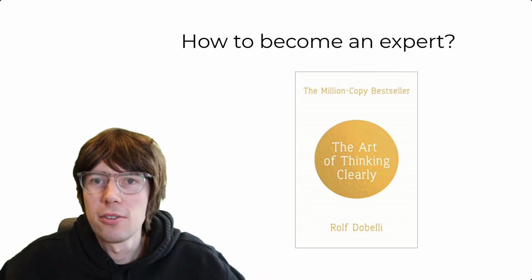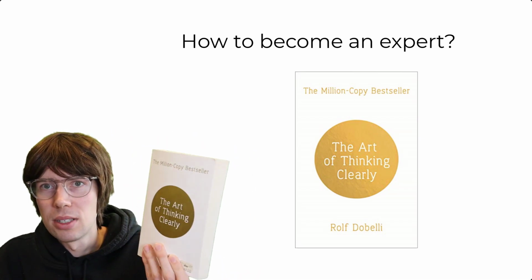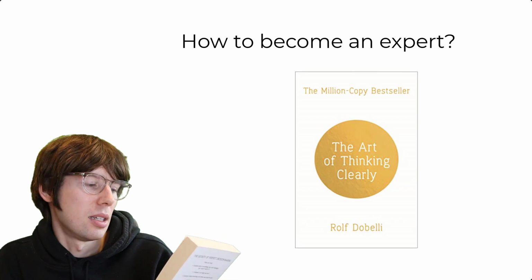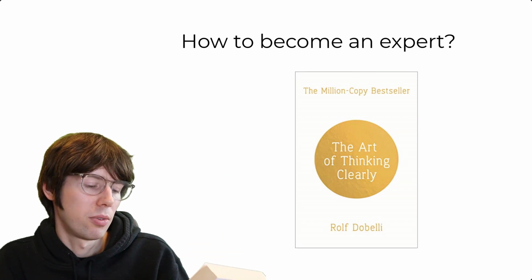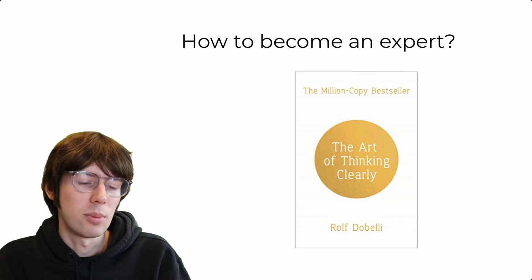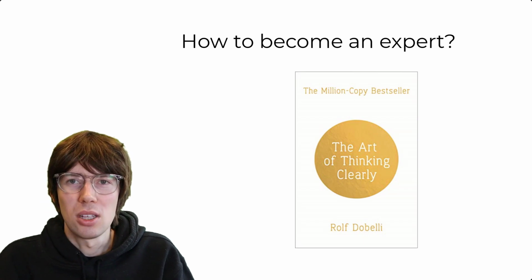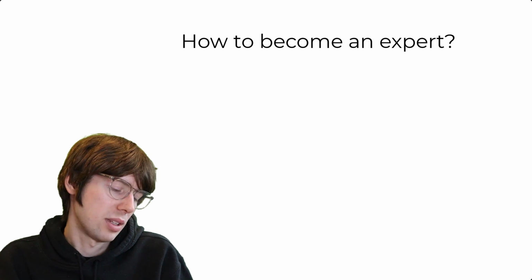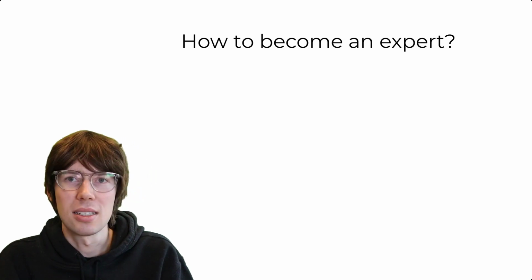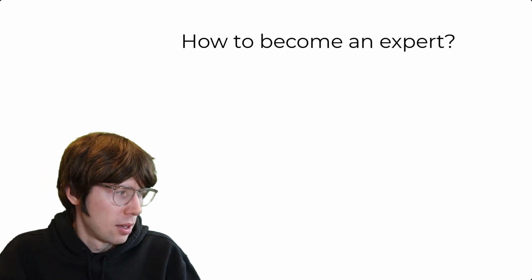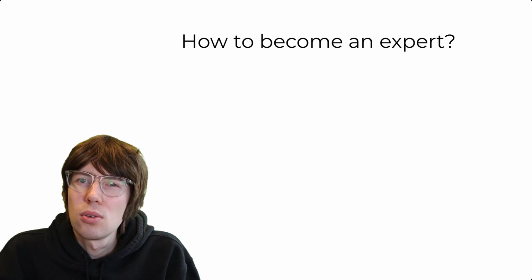I have one here, for instance, which is called The Art of Thinking Clearly by Rolf Dobelli. This one is written by a journalist, so it's a lot shorter, a lot easier to understand. It gives you the gist of what's going on. So this is a book with a list of the different cognitive biases. So that is interesting. A few other books also.